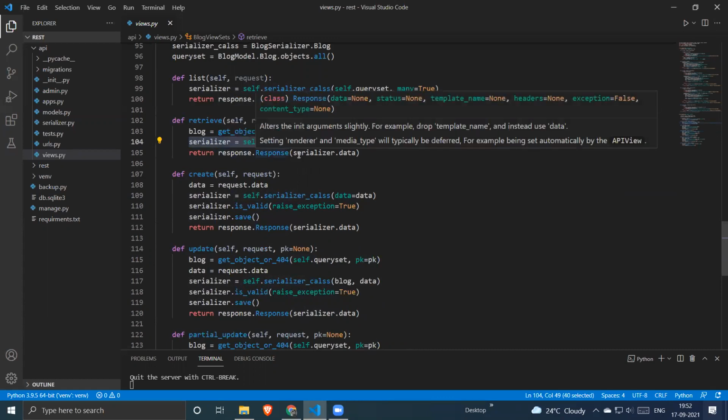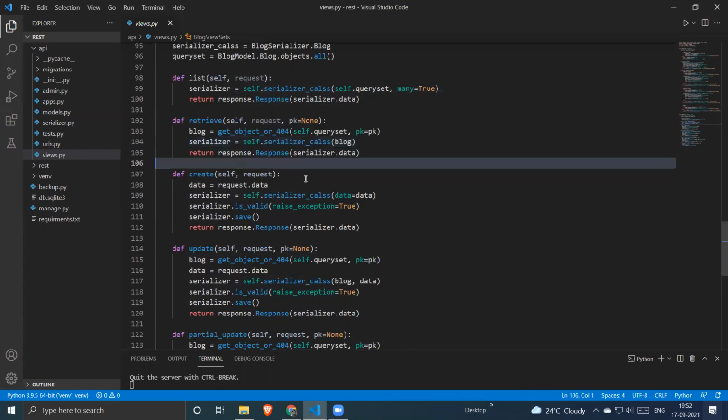passed the serializer response. The same goes for create, but in create, we have passed the submitted data to the serializer class. Earlier, we had to pass the objects or query set to the serializers. Now we have to pass the submitted data from the client side. So we have to define that it is data which is submitted by the client, so treat it as new data.